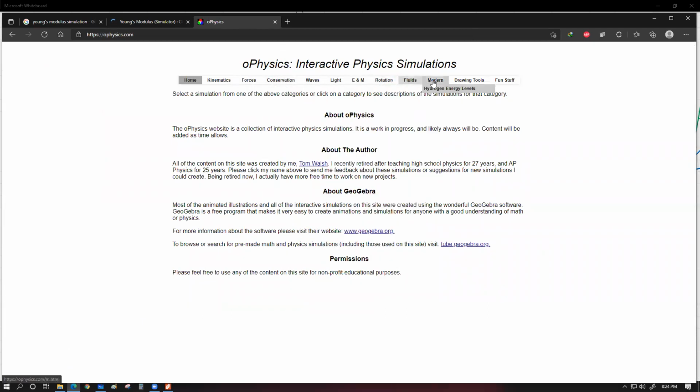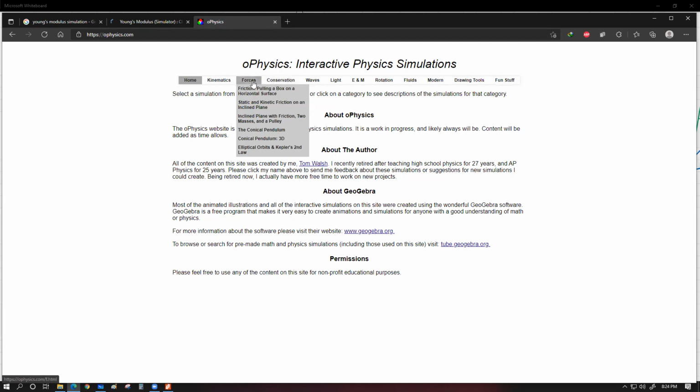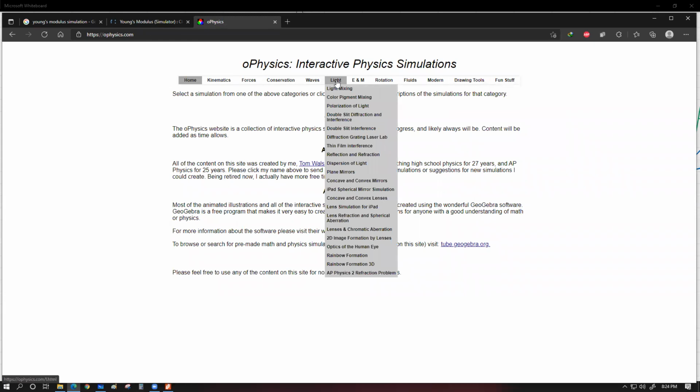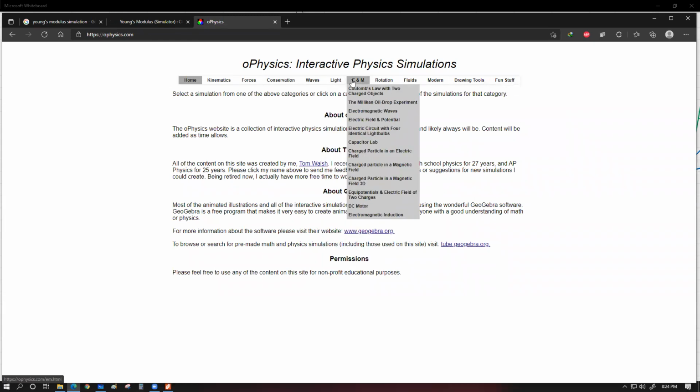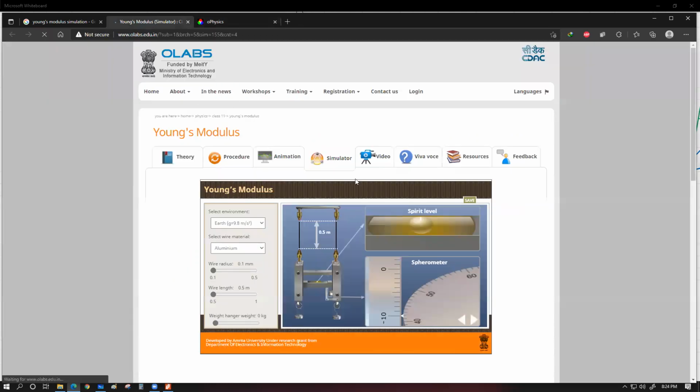Where's light EM rotation of fluids, modern cardinal design tools, fun stuff, forces, conical pendulums, kinematics, forces. Light. Electricity, magnetism, rotation. না এখানে নাই।